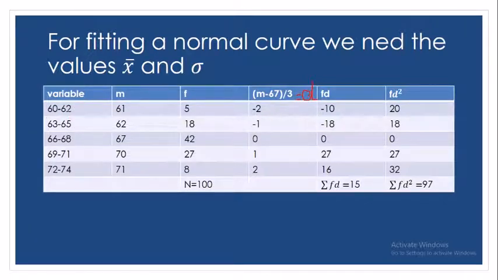You can see that here it is an inclusive class interval, this is not an exclusive one. So from 60 to 62, 62 is also included in this class, so the width is 3. That is how I divided this by 3. If it was an exclusive class interval, 62 wouldn't be included, so the width would be different. We won't go into depth regarding the class intervals.